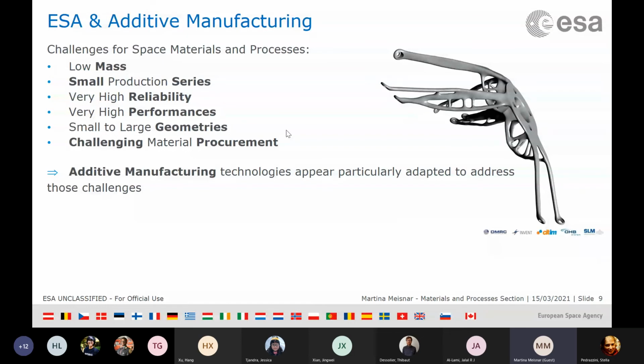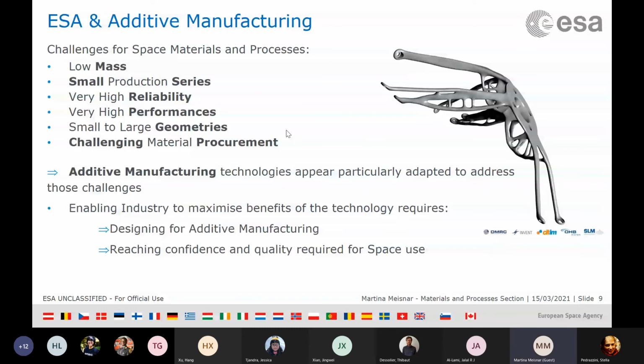And that's why we've been looking into it so much in the recent past. So our mission is now to try to push and enable industry, the people that actually make the satellites, and the few companies are shown on the right here below the part that I'm showing. We try to push them into the direction of using more additively manufactured parts on their missions and on their